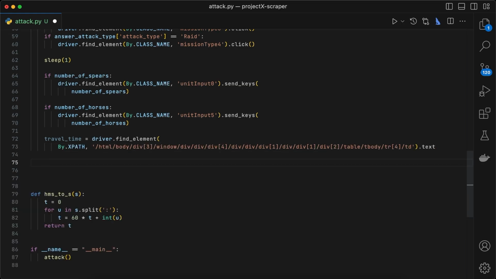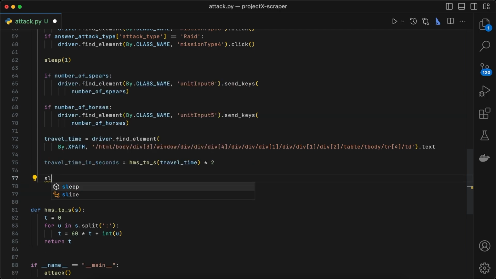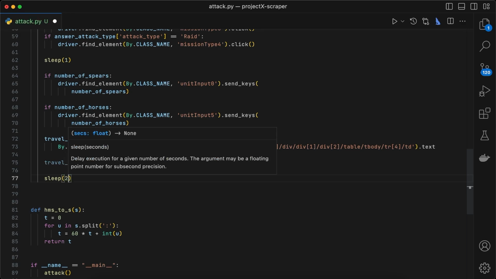The travel time variable is currently a string, so I will convert it into seconds. I have added this small helper function to convert the string into seconds, so I can now call it. I will define a new variable called travel time in seconds, call this method, paste the travel time as an argument, and multiply it by 2 to get the time to and back from the village that is under attack. Below that, I will call the sleep method to delay the execution of the script for 2